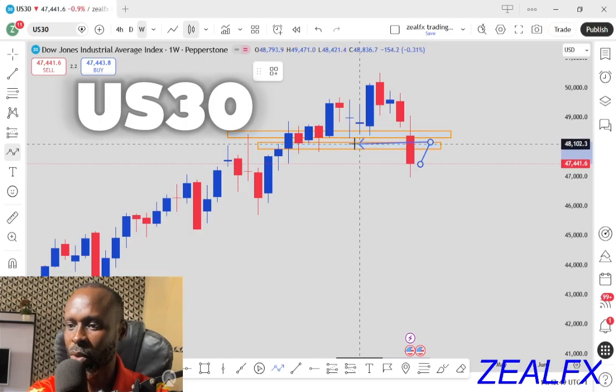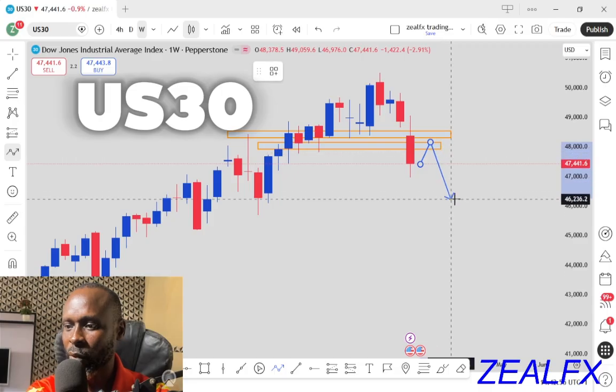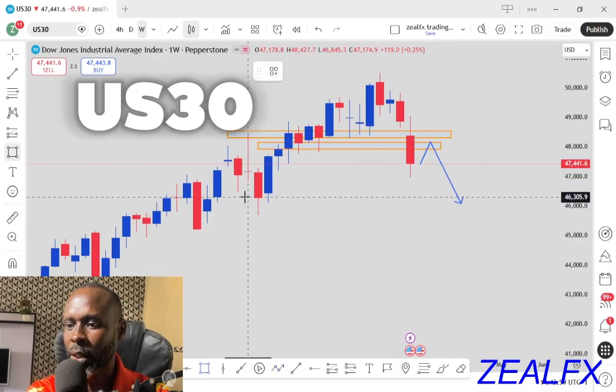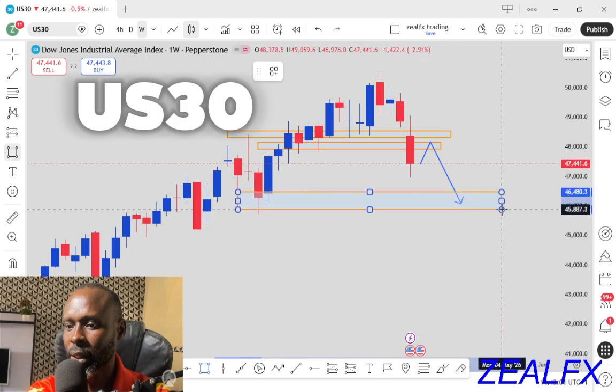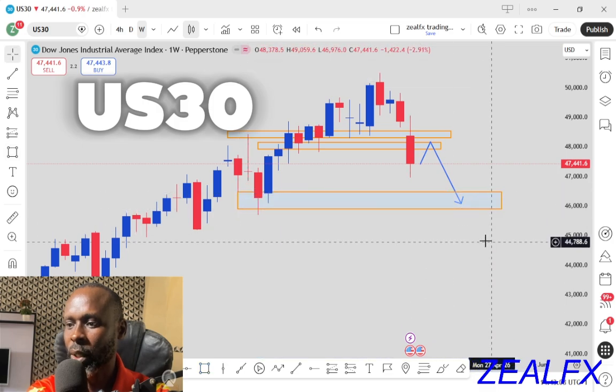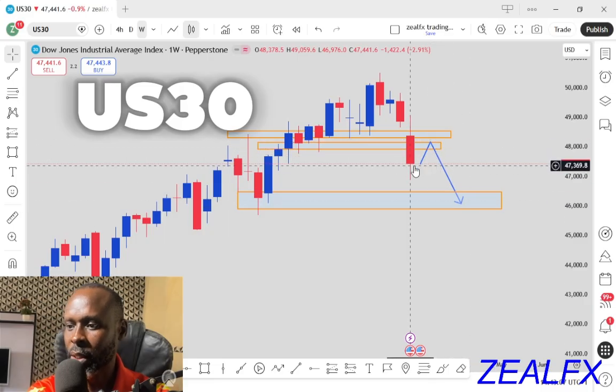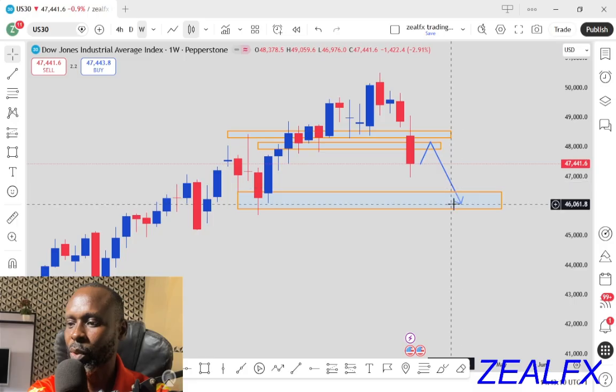Here was the previous support, so price close below it converted to what? The resistance. So we expect price to retest this level, then we can start looking for the selling opportunity to this support level, which is this support level for the US30. We expect price to sell to this US30. So a break of this level might trigger more bearish trend. But for this week, we expect the selling period to this next